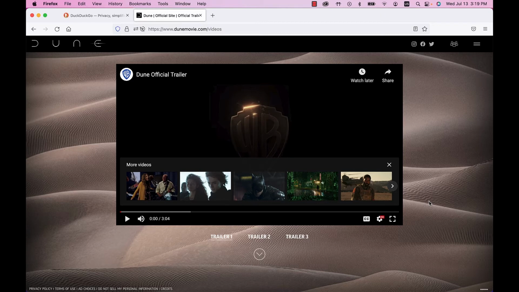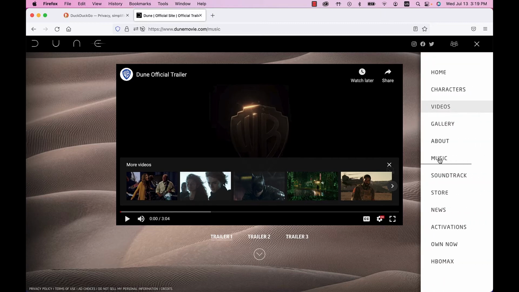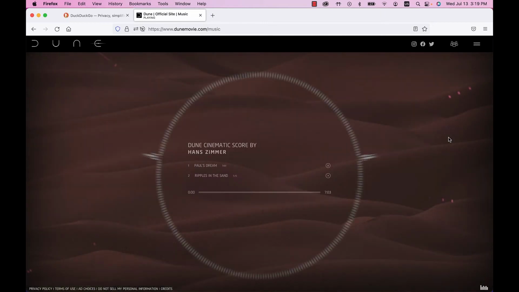And you may or may not have noticed in the bottom corner they have this little audio. I don't know if you'll be able to hear it with my recording, but it's just this real subtle kind of wind sound. If you're curious, you can go to dunemovie.com on your own later and you can check it out. But then they also have their own music section, and they also have a